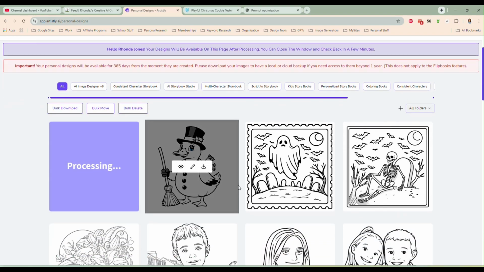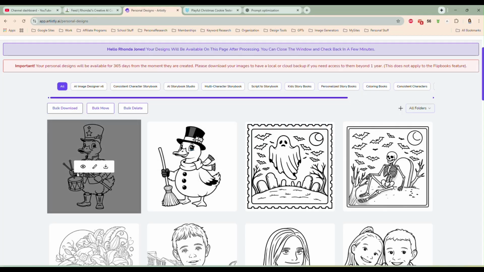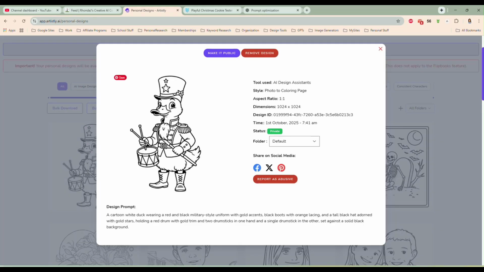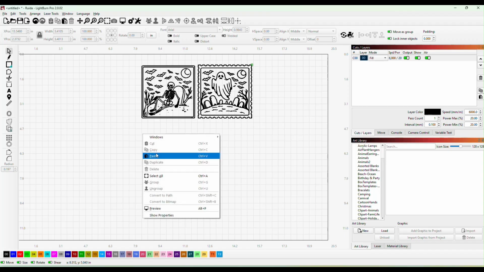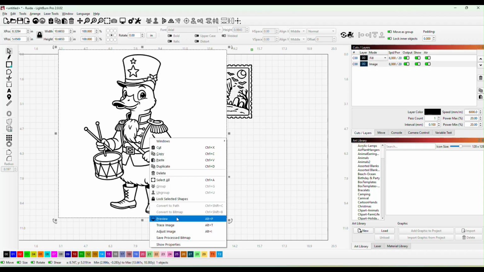And even these type of images can be converted and vectorized and sold as black and white SVGs for laser cutting as well, or for Cricuts and Silhouette machines. That is super cute. You could absolutely vectorize this, like I said, and I am going to do that here real quick. I'm just going to take it into my laser software,